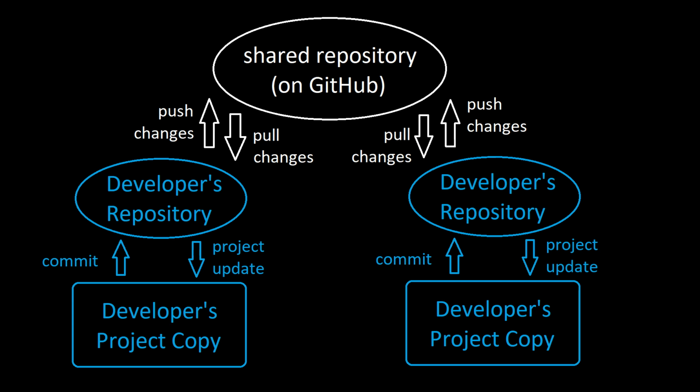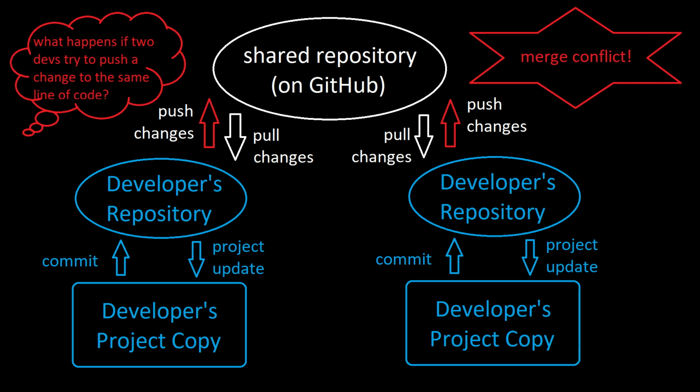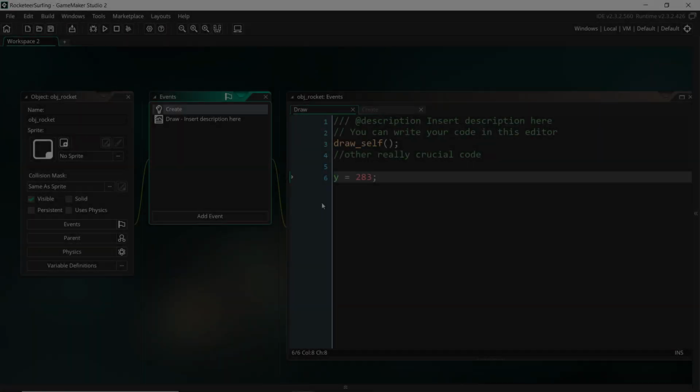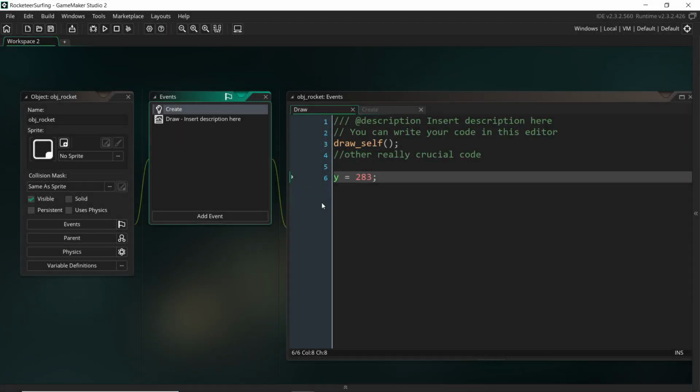And therein actually lies a lot of the trouble. It's in trying to keep all of these different copies in sync that problems can arise. If there is a discrepancy between anyone's copy and they try to pull in that change, you can get a conflict. For example, I was working on a bit of code, so I put something in the create event and someone else did the same thing on the same line, and then we both pushed off our changes. We're both making changes to the same thing, and someone needs to decide which of those changes is going to win, or actually if we can help both of them. We'll be talking about merge conflicts a bit later, but I really want to emphasize that point